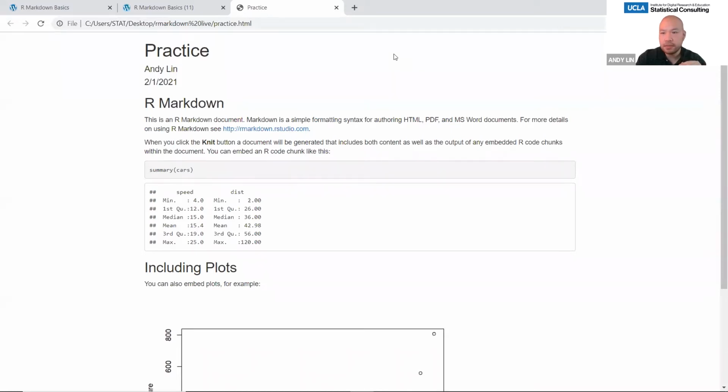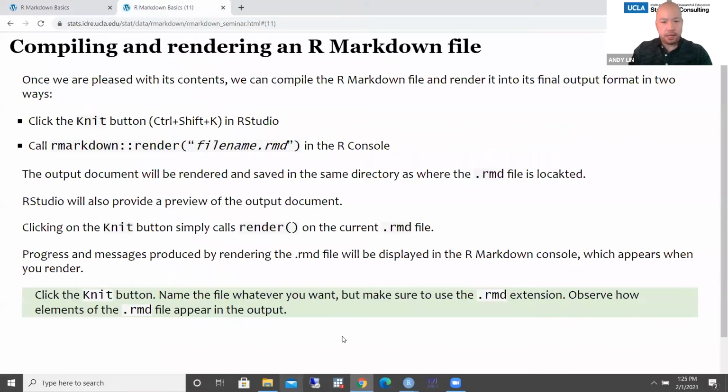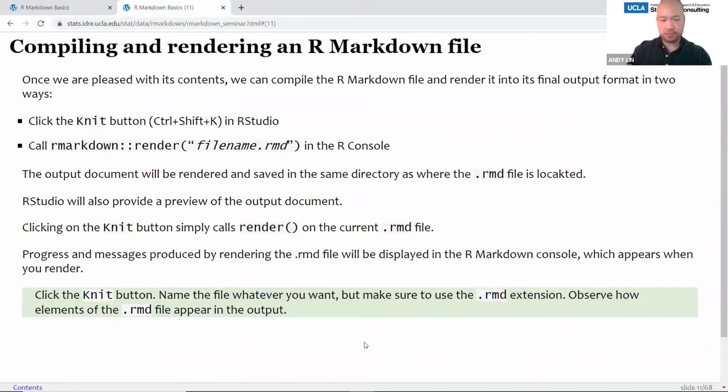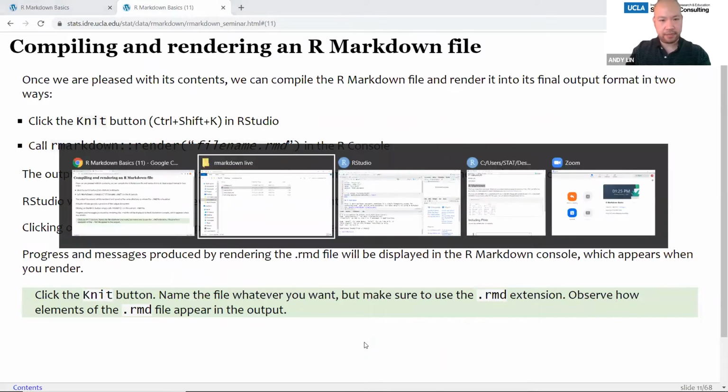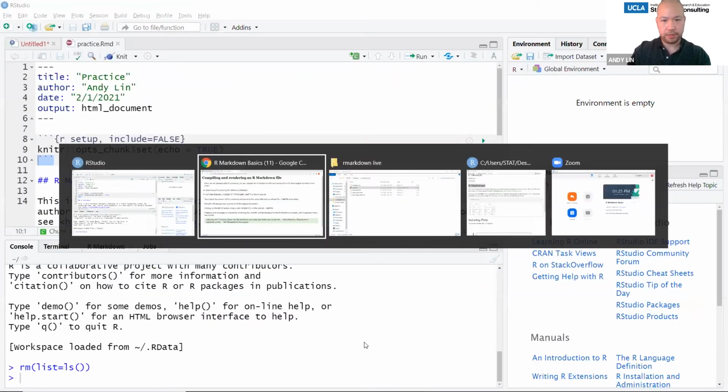I need to fiddle with my controls. Okay. All right. Again, if there's any questions, please stop me or ask one of the moderators. Here